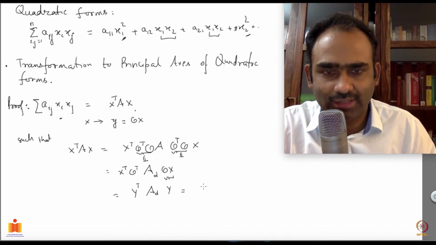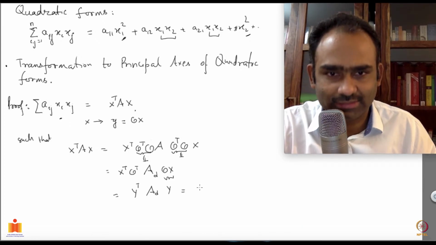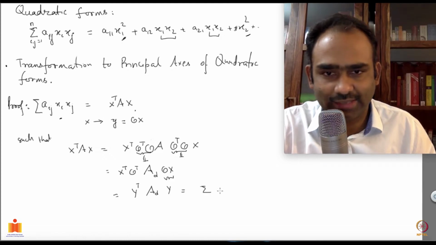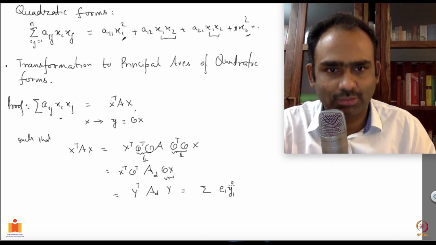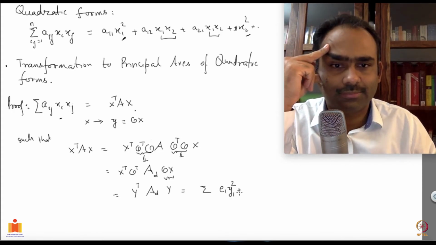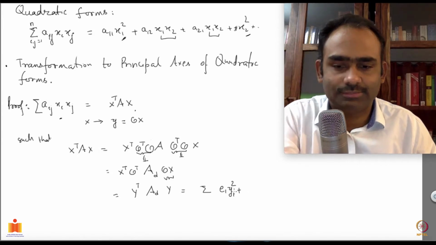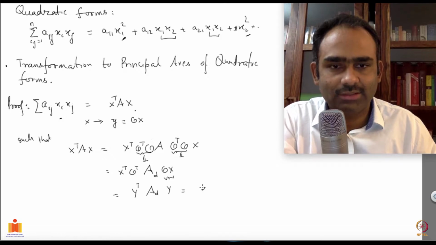So in general, you will be able to write this as the following. Let's say the diagonal entries of A diagonal are E1, E2 and so forth. So you have E1 y1 square,